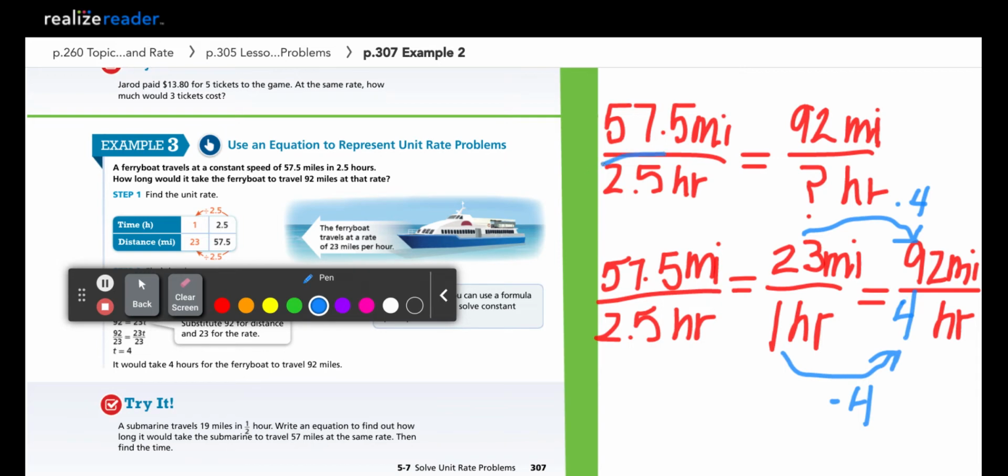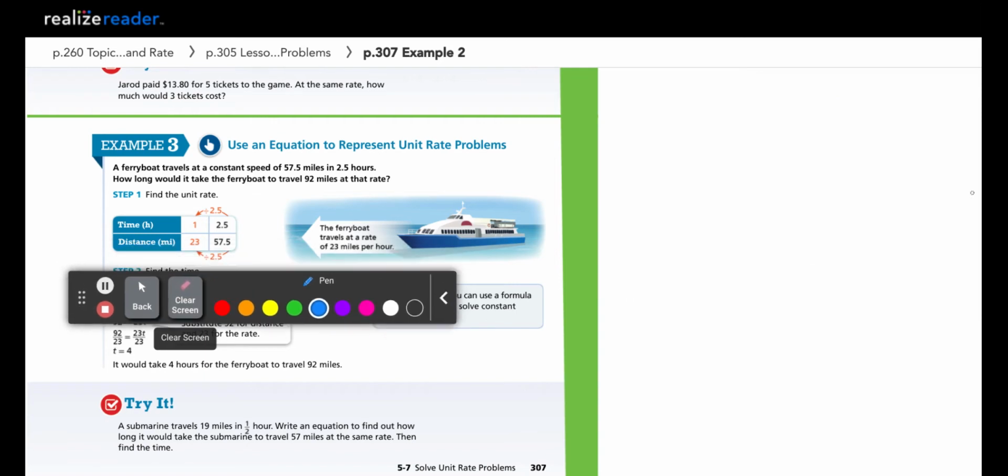Let's check it. Let's do 2.5 times 92 divided by 57.5 is 4. Cross multiply, then divide. Our answers check. So one other way that the book wants us to notice that we can solve this is